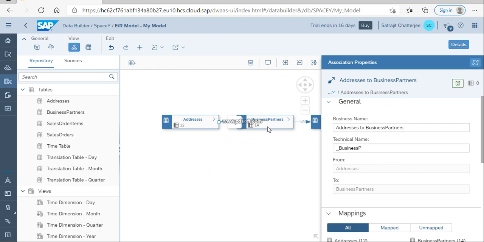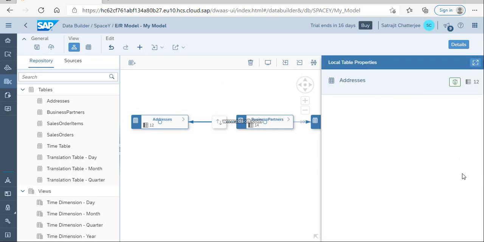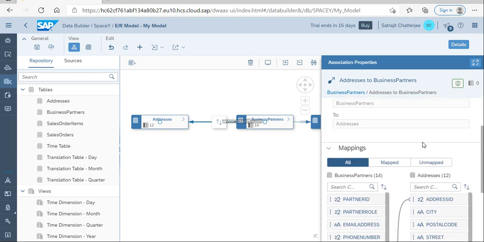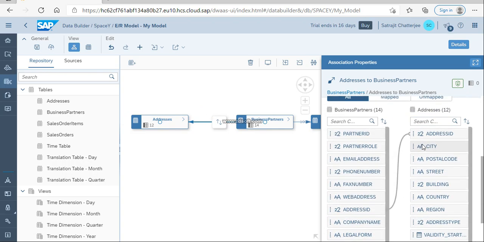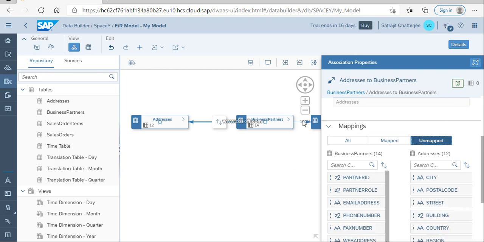In the joining condition, let's see how this join happened. It has two joining tables, and the address id is mapped with the address id. As all the names are very common and very clear in our model, the system is not facing any issue, it directly matches them. Okay, so the address id is matched with the address id, and the other fields remain unmapped. The same way, if you look into here,